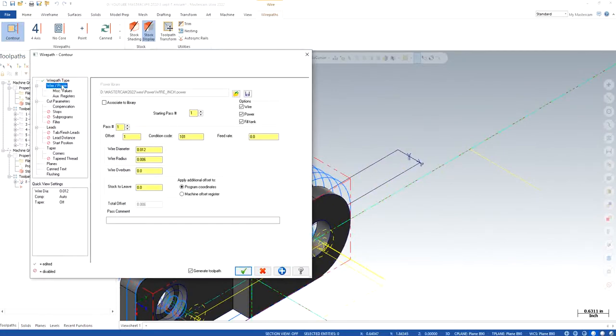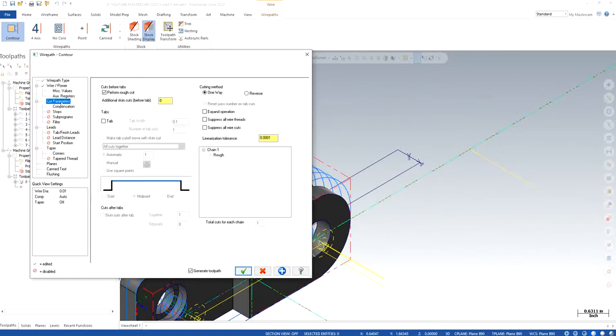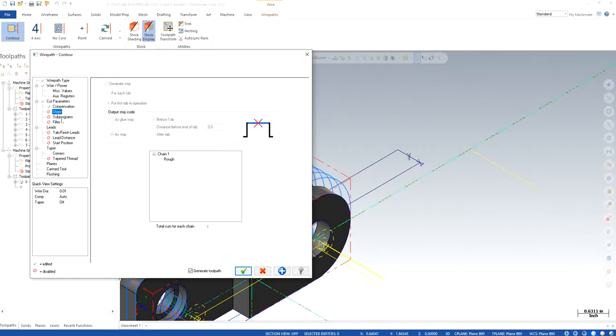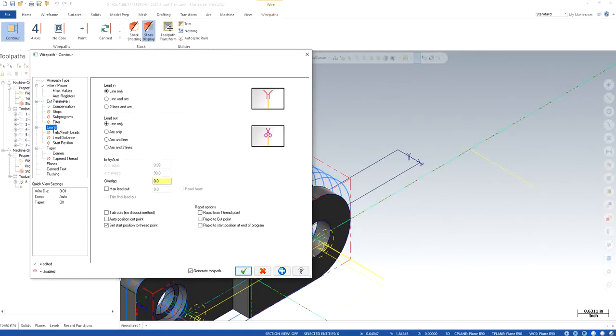Power wireframe, like all these dependable parameters, like what should be the diameter. Let's say if the wire diameter is 10,000 instead of 12, just make it. Miscellaneous, all these cut parameters, you don't need to change anything much. Compensation, everything is pretty sorted out in this one. We don't need to. Rapid from thread point, rapid to cut point, rapid to start at end of the program,